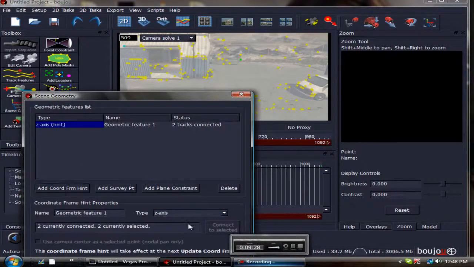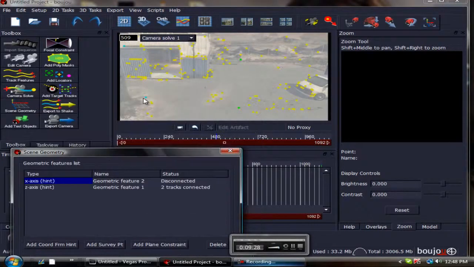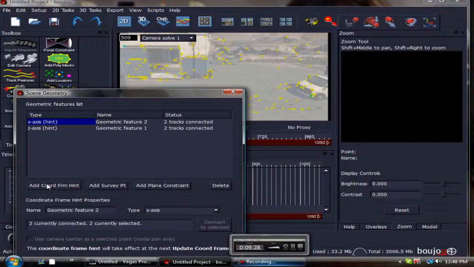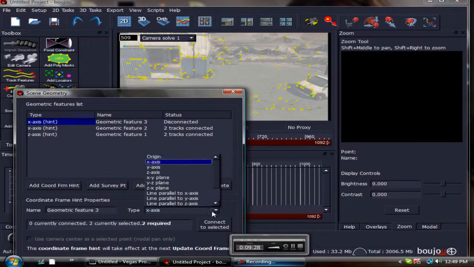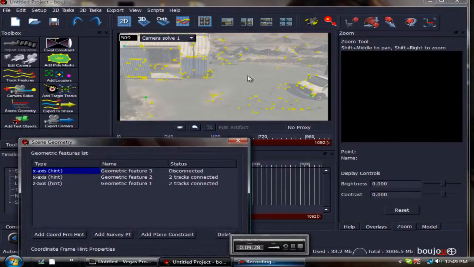Then you want to do the same thing, add corner from hint, but this time you want to change it to X-axis. And you want to do left to right. So we'll do this, hold Control, and we'll go to about here. And Connect to Selected. Do the same thing one more time, add corner from hint, origin, but this time you